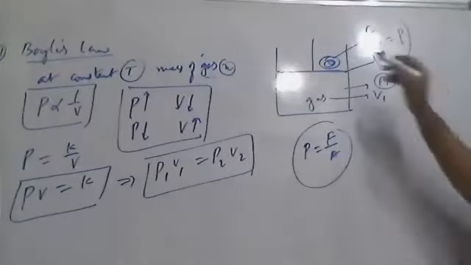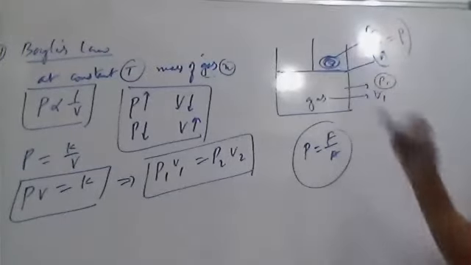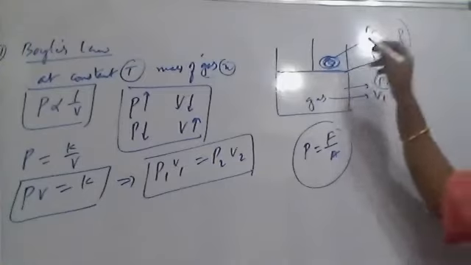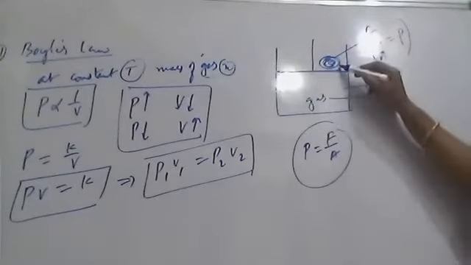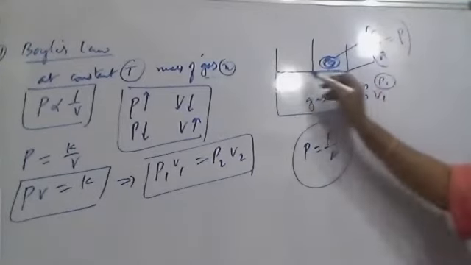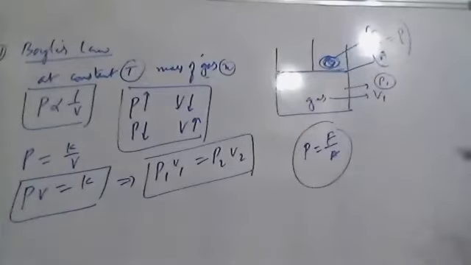When you put some weights on this lid, what happens? Due to the kept weight, some force acts on the surface area of the lid. This force per area is called pressure. So now the pressure is increased from